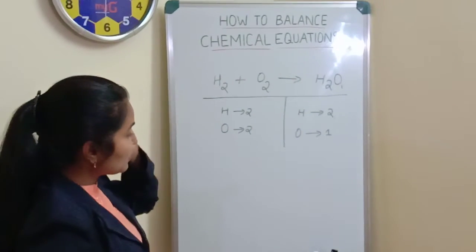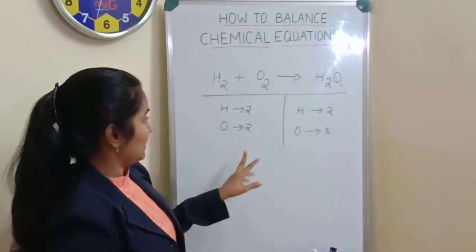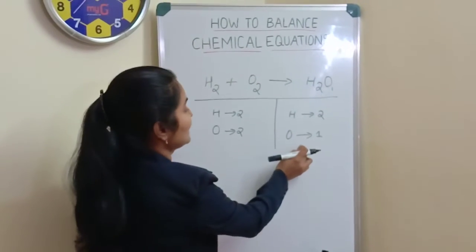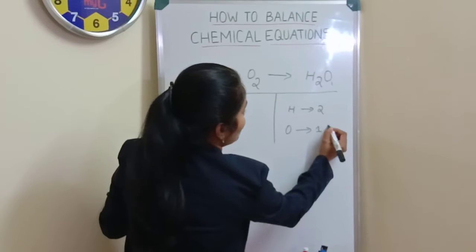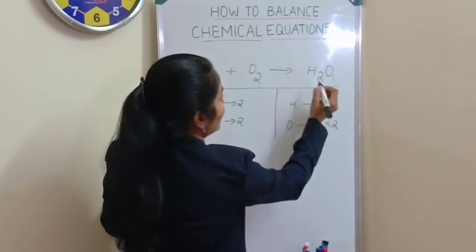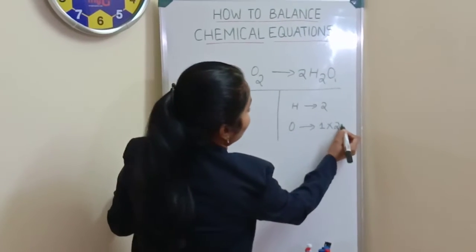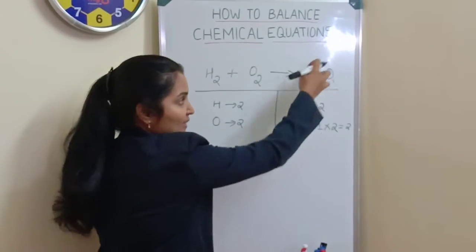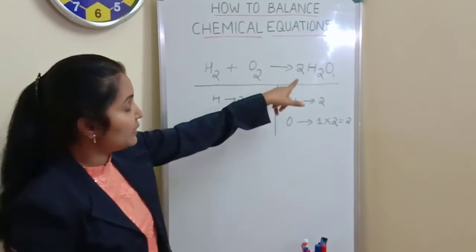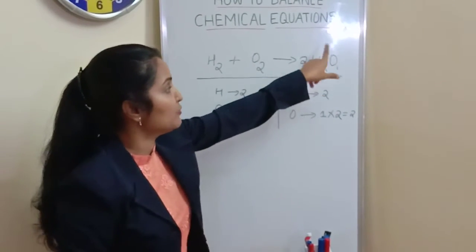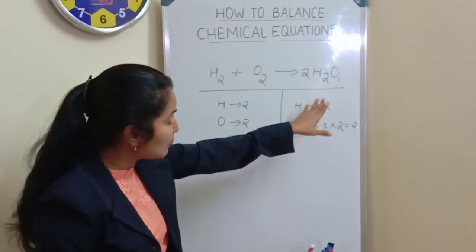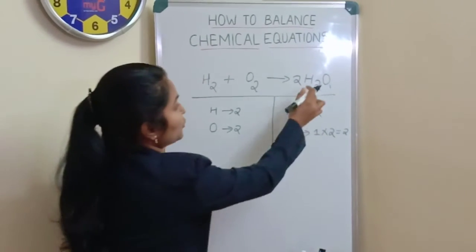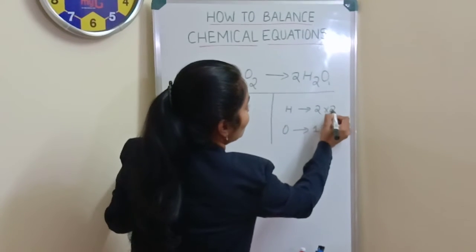So we should adjust the value of oxygen. Oxygen we have 2 here and we have only 1 here. So I am making it into 2. So 1 into 2 is equal to 2. I cannot put this 2 here because it is a product, a single entity. So I have changed the coefficient common for hydrogen and oxygen. So what happened? Here the value of hydrogen also changed in that process. So 2 into 2 it becomes 4.